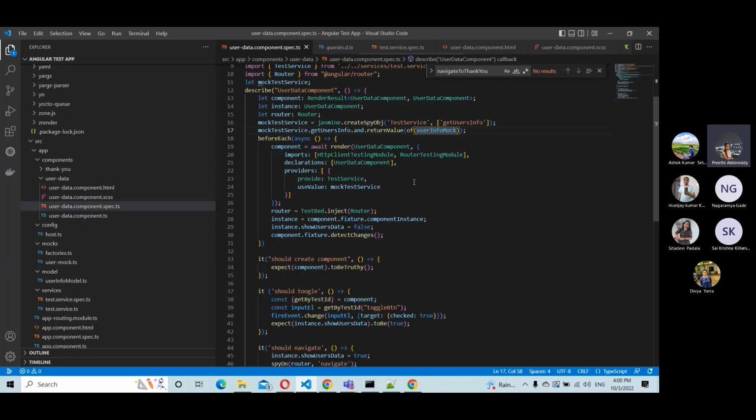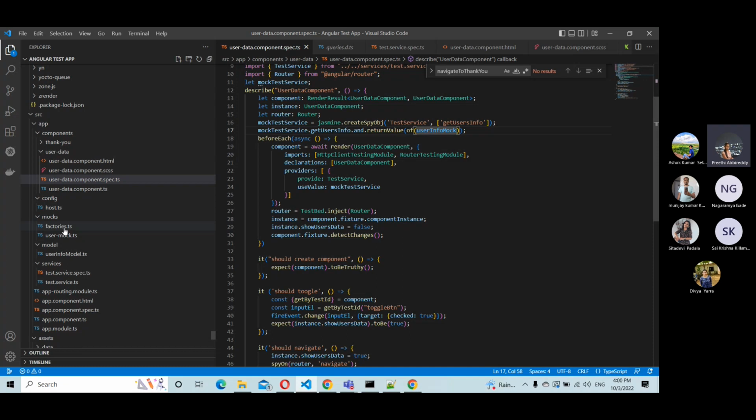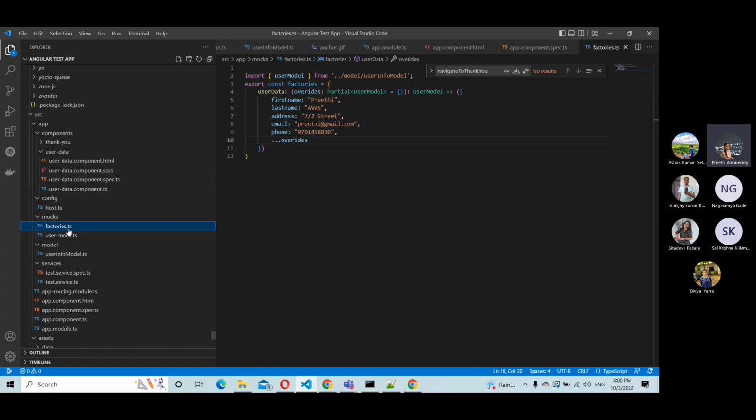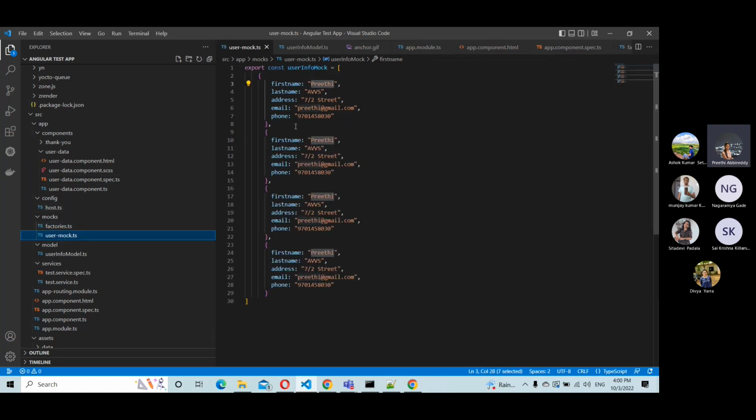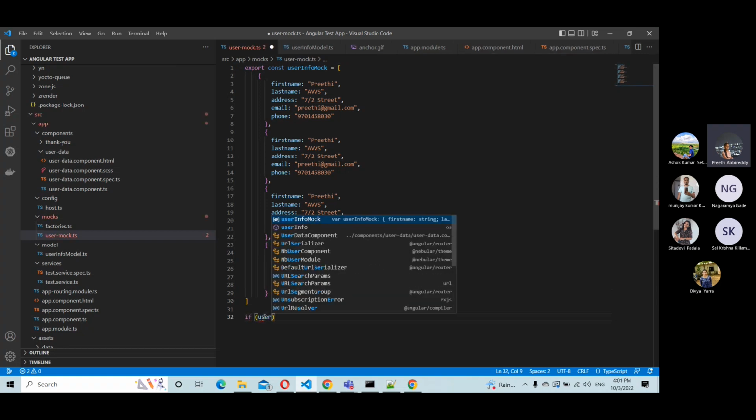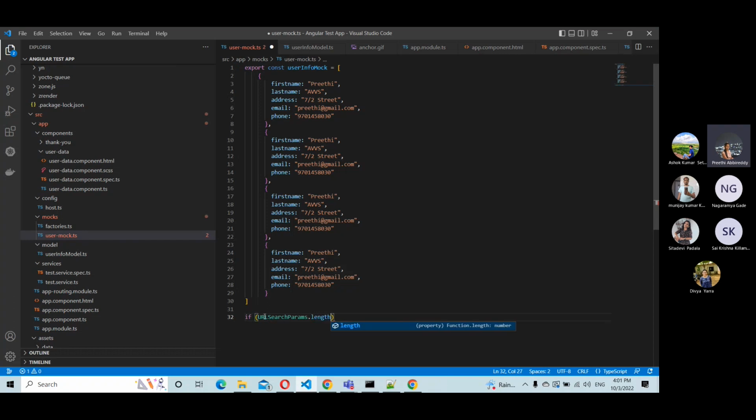So we have one more concept called factories, which you can use to create your mock objects. What a factory means is nothing but, in the factories.ts file, you just create a TS file for factories. When do we really need to use these factories? Suppose now you have this mock object, right? So you have a logic where you want to test, say, if this users data, users.length is greater than